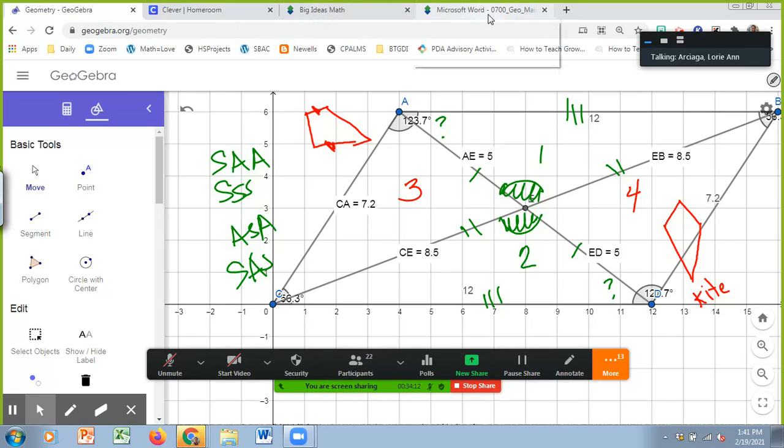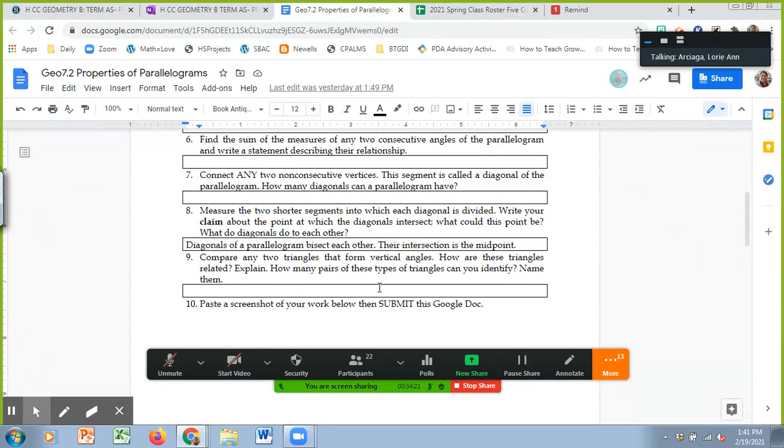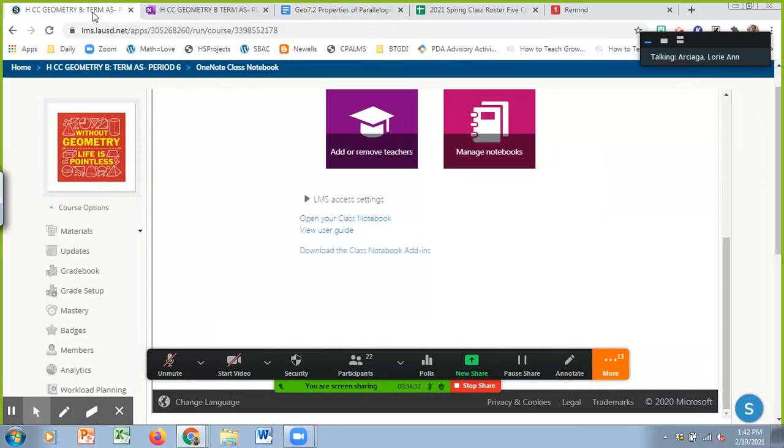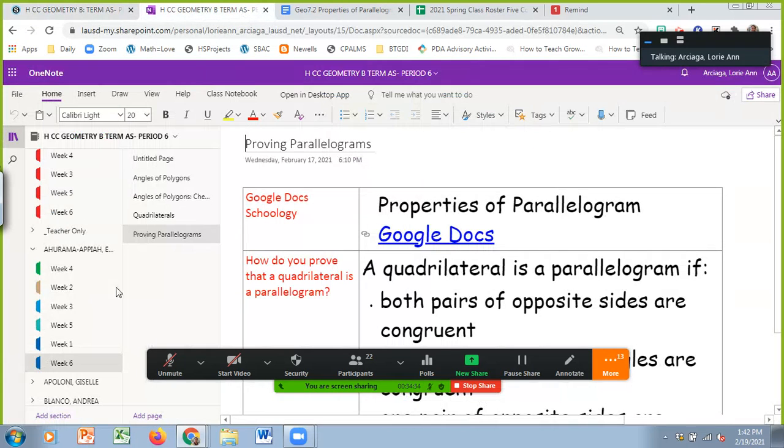Okay, that's interesting, right? And then later on, we will make a quadrilateral tree to show all of the possible scenarios. So go ahead and finish your Google Docs. Please submit that when you are done. And yes, it should be turned in as soon as possible. Not next week, but latest will be tomorrow. Okay, and I'm gonna ask you to go to OneNote after. It should be in your week